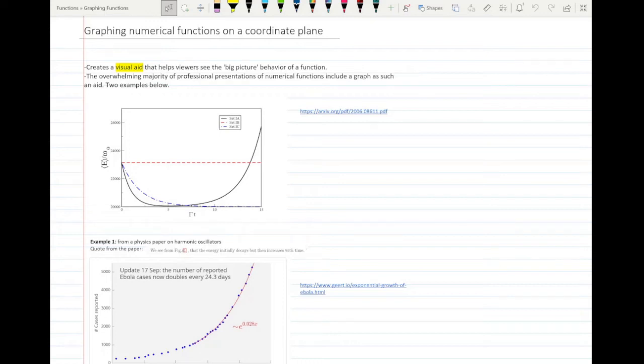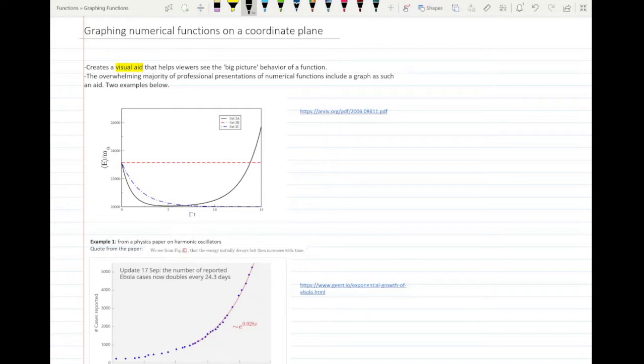Hey everyone, today we'll be talking about graphing numerical functions on a coordinate plane. Now, graphing essentially creates a picture of a function. Its goal is to create a visual aid that helps viewers, including yourself, see the big picture behavior of how the function works. In fact, it's useful enough that any sort of presentation out in the world that presents the information in a function and wants to talk about a function will include a graph along with it as an